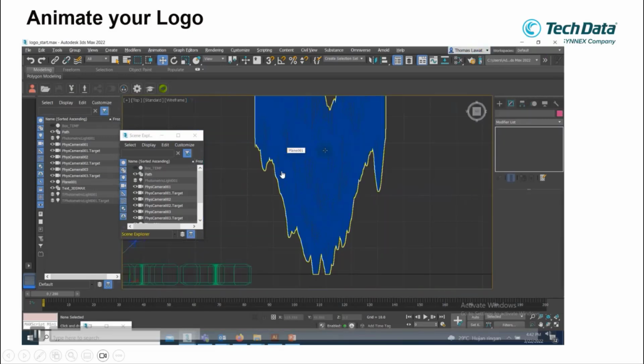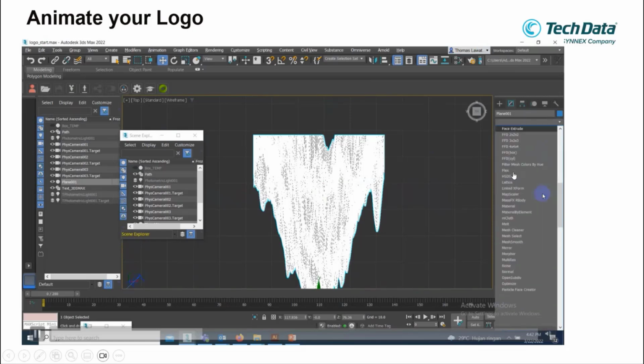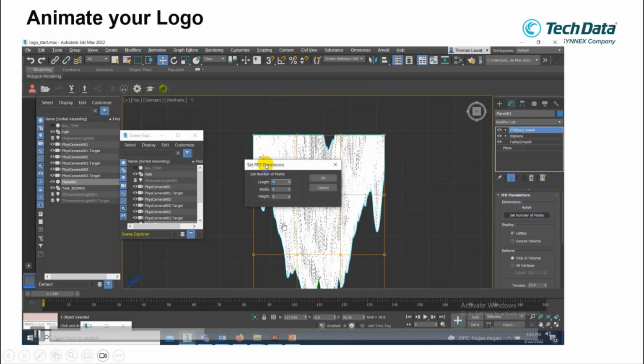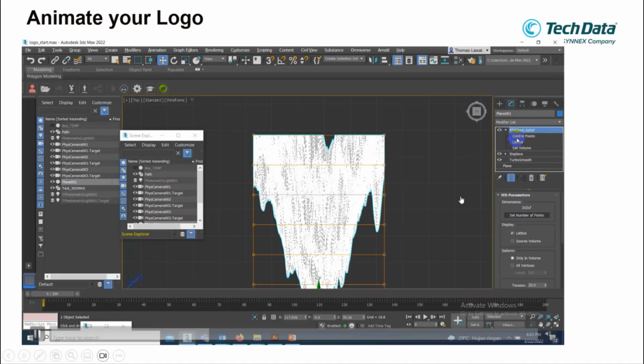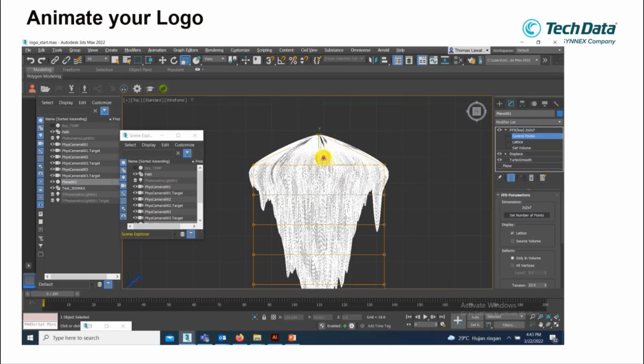Because I want to move here, and then to displace, I play around until I get this. I'm trying to adjust the size. At the top I want to create something like a flute. That's why I'm using the FFD effect. So I want to resize more at the top, and then we have the ability to shape it,